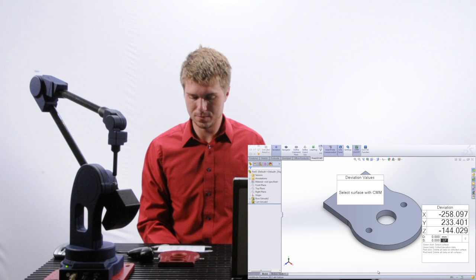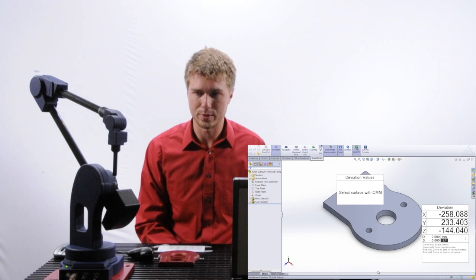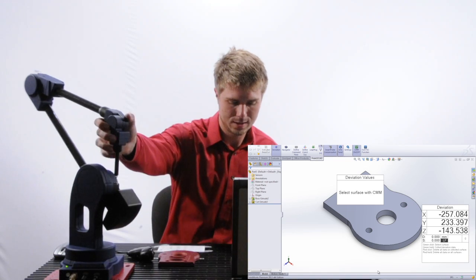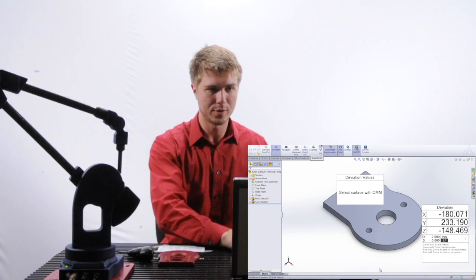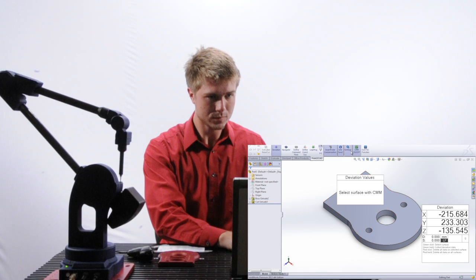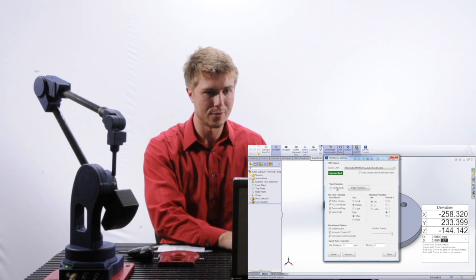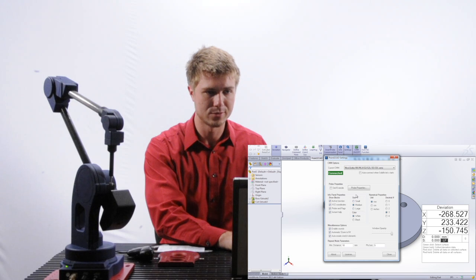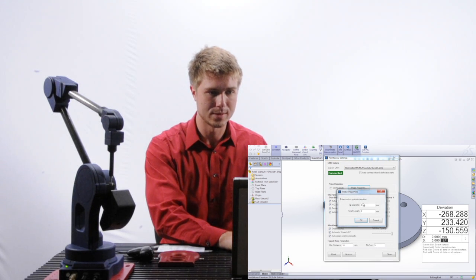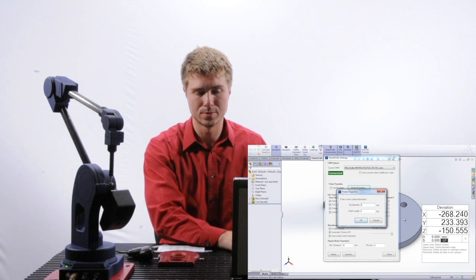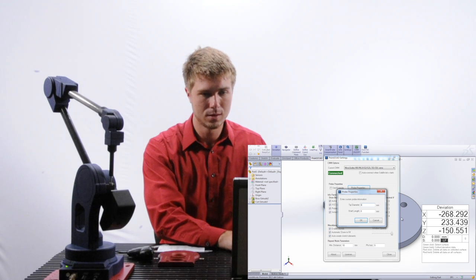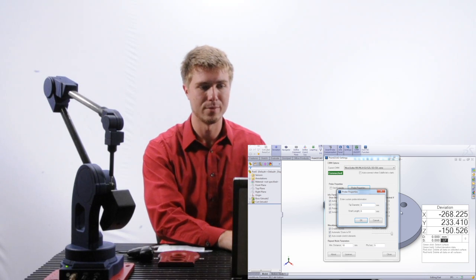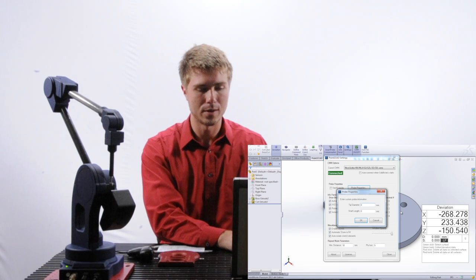So the final thing that we will look at today is our probe compensation. So if we go into our settings, we have a few different settings for probe compensation. If you notice, those points were off by a fairly large distance, roughly about half a millimeter, or 1.5 millimeters,